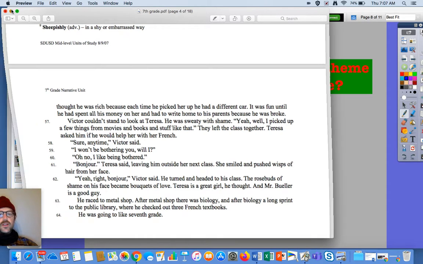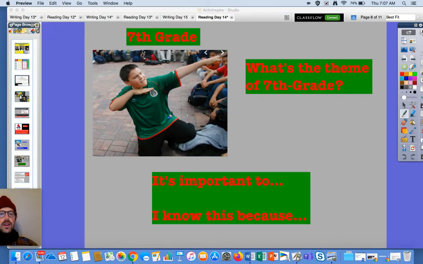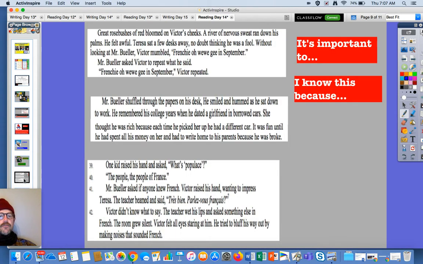One of my favorite stories. All right, so we're thinking about theme in this story. Here's Victor. He's hitting that dab, right? And we're going to be thinking about it's important too. So I'm going to pick a particular part in this story because you can find multiple themes, but I'm going to look in one particular place. And it's when Victor is